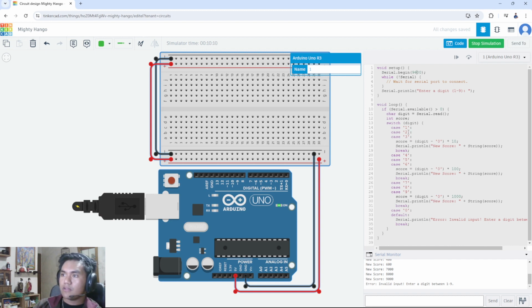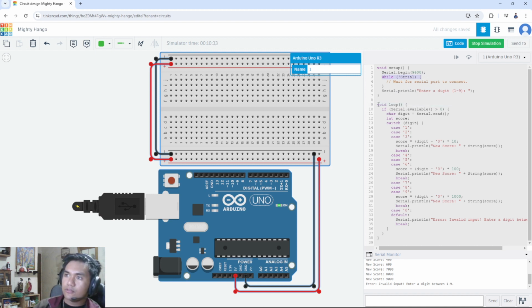This is the code we have made for the problem. We have set here the baud rate for communication with the serial monitor. We have set the while condition, and we have set what should happen if the condition is not met.